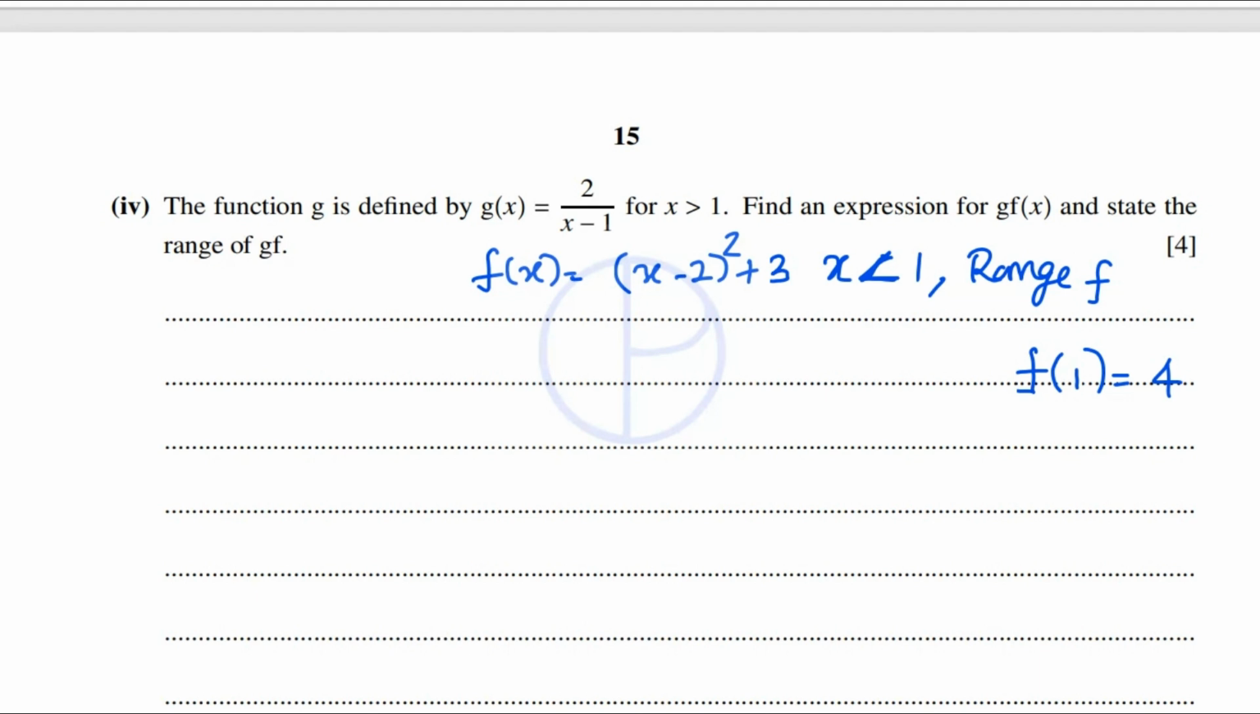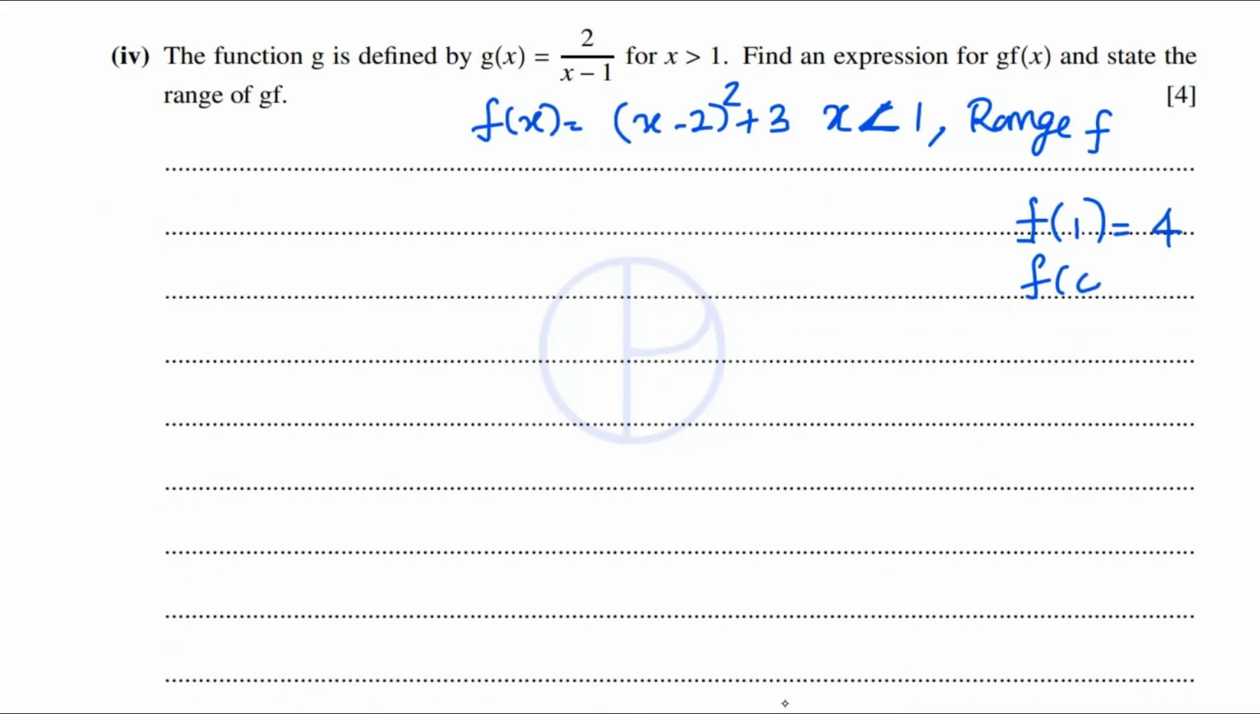x is less than 1, so f of 0 will be 2 square, that is 4, plus 3 will be 7. So the range of f is greater than 4. Okay,